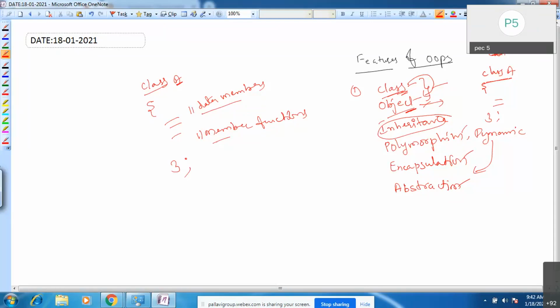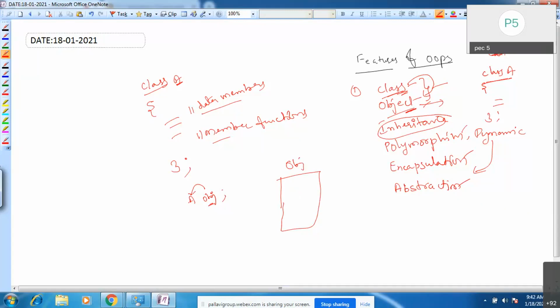See how you can create an object for this particular class. Just the class name, then the object name. Here obj is the object. Which type of object is it? A type, where A is a class here. For this obj you have the memory.